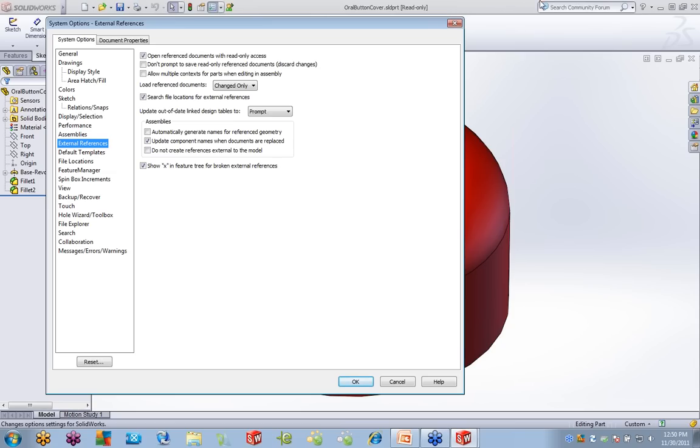ever changing them, and you want to be clear that anything the software thinks is changed in them is not real. There's an option under external references: don't prompt me to save any read-only files, any read-only reference documents. You open them read-only for a reason, because they're reference, because somebody else is working on them, you don't want to change them. There's usually a reason why you do that. So when I go to save, I want it to ignore the fact that SolidWorks thinks that any of these things have changed. So let's say in this case,